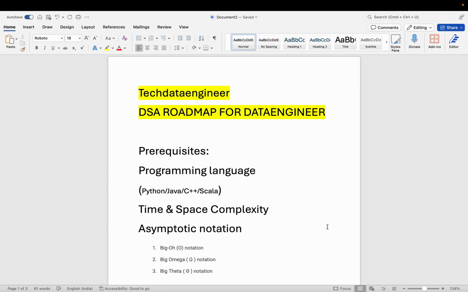So today we will discuss the DSA roadmap for data engineer. This topic is basically for data profiles, the persons who are applying for data scientist, data engineer or any data analyst role. This is not specific to any development role, because for a development profile we have to cover a few more topics which are required for the DSA round, but this video mostly covers the topics which are asked in the DSA round for data engineer or any data profile, either it's data scientist, BI profile, data analyst profile